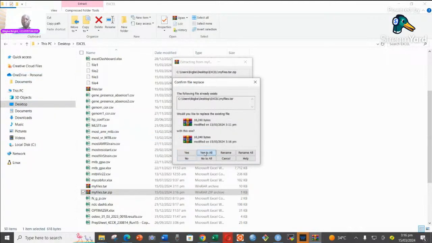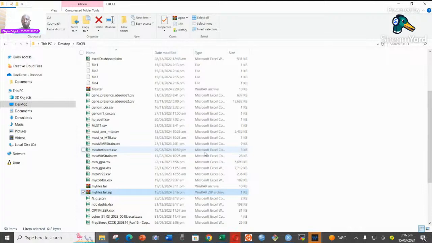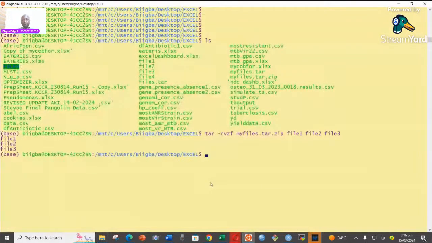And then let's say, so we should be able to find all of them being extracted. And then this is how we zip our files in Excel. Apart from this, we could have also, if we know the directory, or if we wanted to zip all the